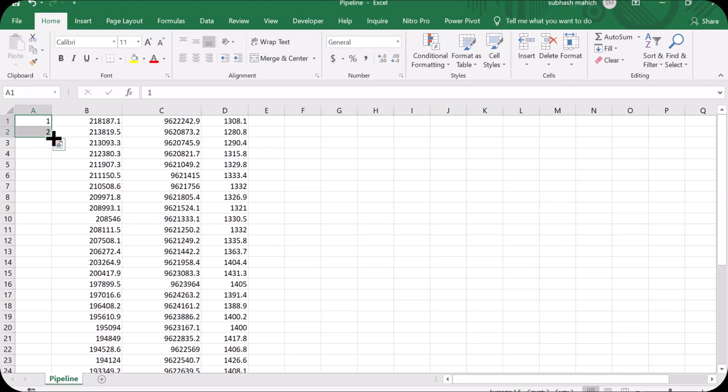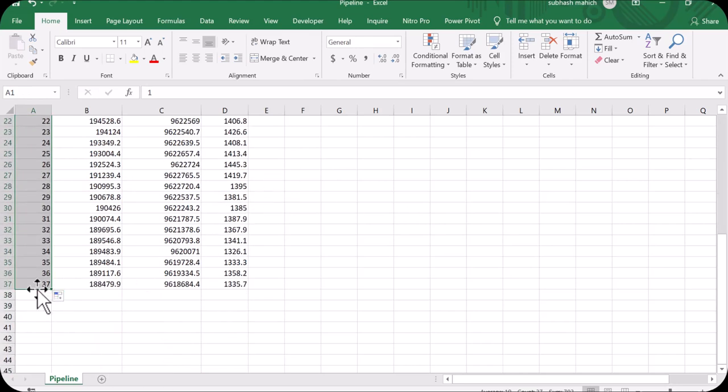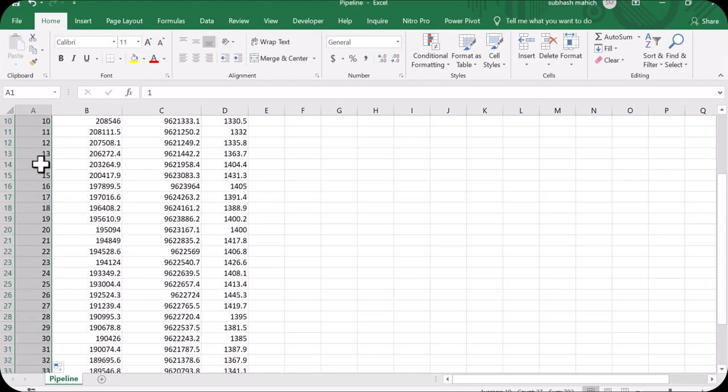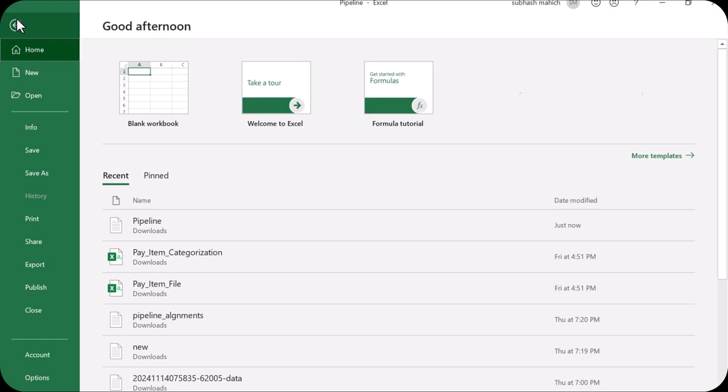Just click here and you can see the data number. Remember it well, otherwise it will be a problem in your Civil 3D when we insert the points. So the last is 37, and we have to save